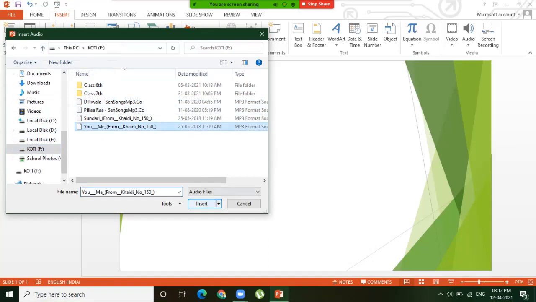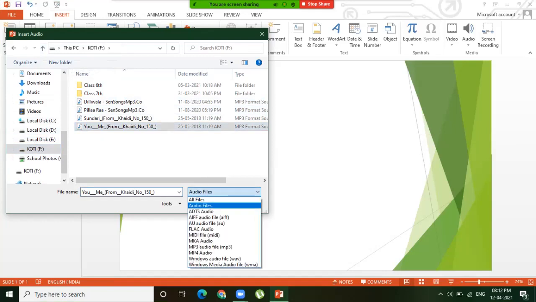Before clicking the Insert button, you can see there is an option for audio files. This is about the different types of audio file formats. Here they have given some of the audio file formats: ADTS, AIFF, AU, FLAC, MIDI, MKA, MP3.